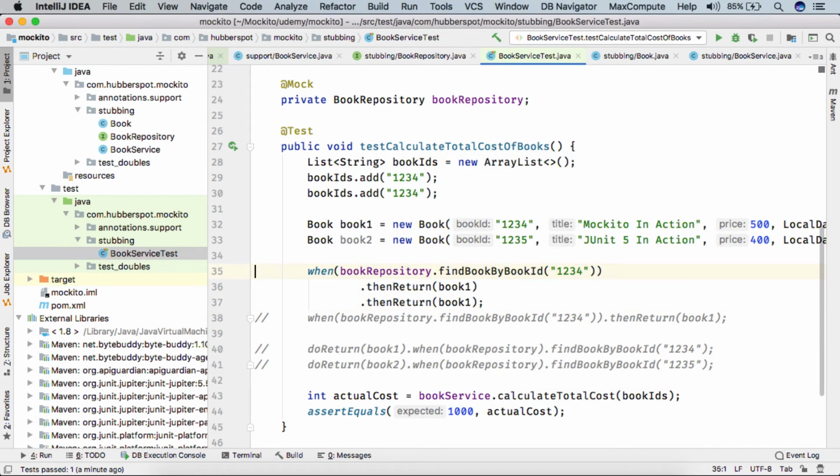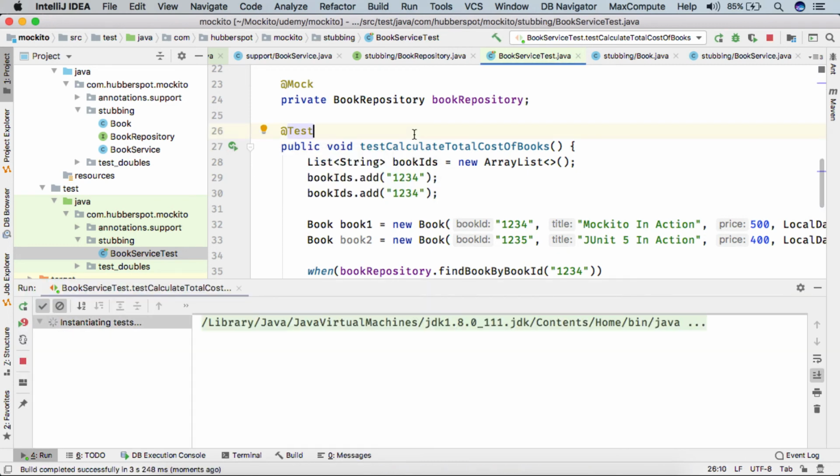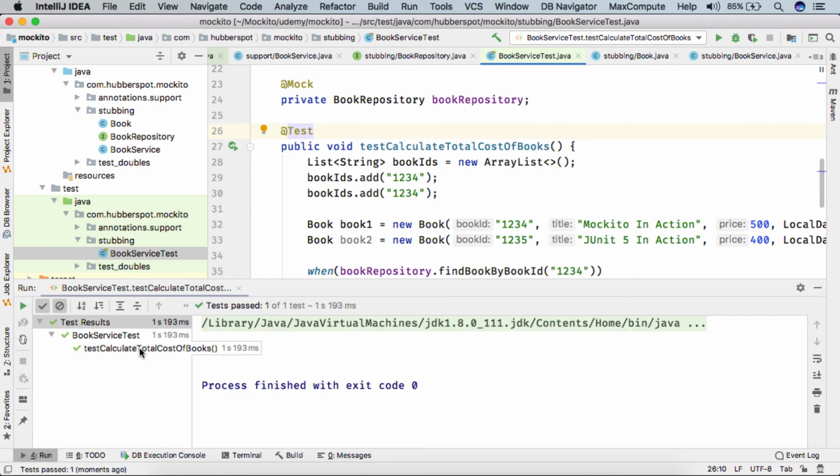It gives some more readability, so that as soon as we see what this test method is doing, we can come to know that our class under test is calling the book repository's find book by book ID method. For the first time we are returning book 1, and for the second time we are returning book 1. If I run the test case now, you can see the test case got executed successfully.